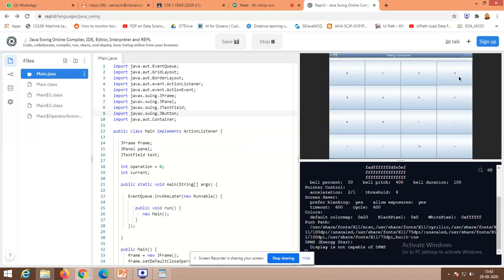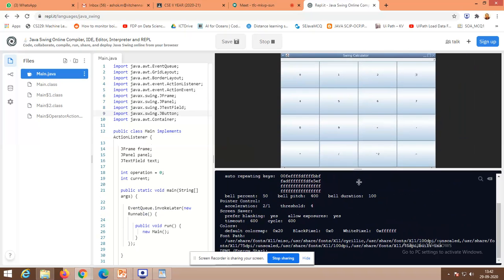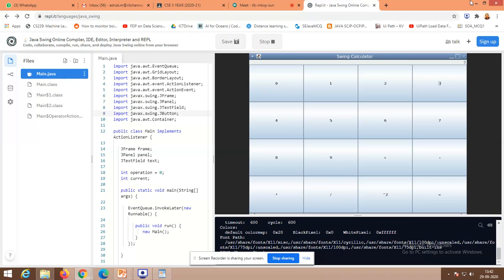When you are going to work with it, I think the controls are very minimal to see, but if I am pressing 3, it's somewhat visible. I don't have the option to enlarge this window. Right, now it is for you. So I have pressed 3 plus 7 equal to.